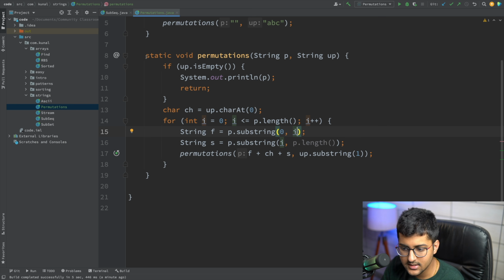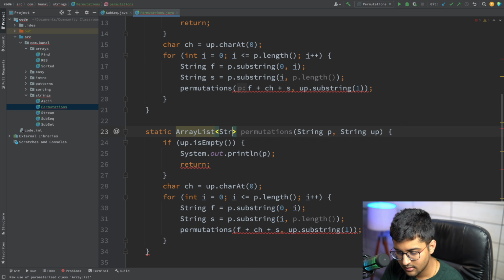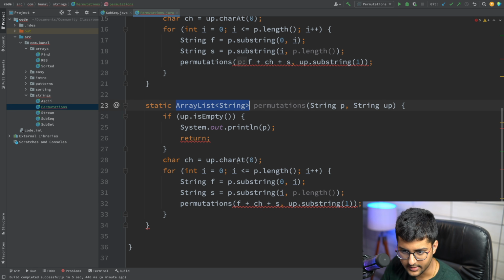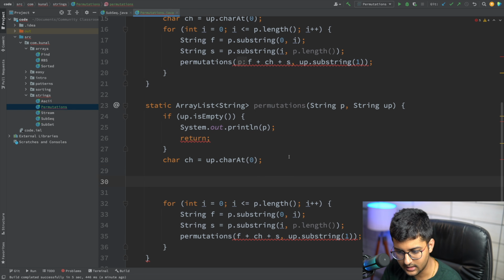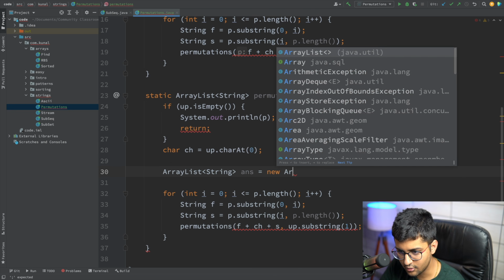Okay, so copy paste this. Now I'm just returning an array list of string, and I need to store it in my answer. So basically, my answer is going to be equal to new array list.